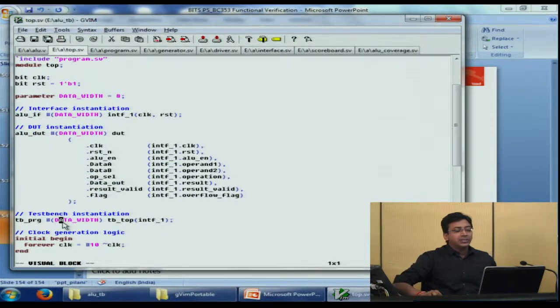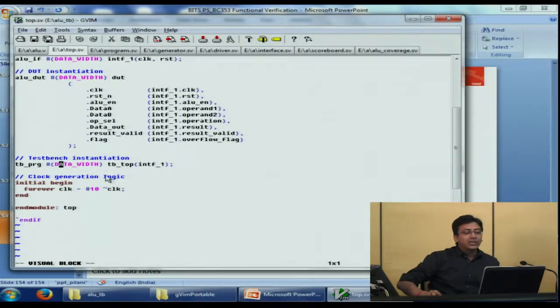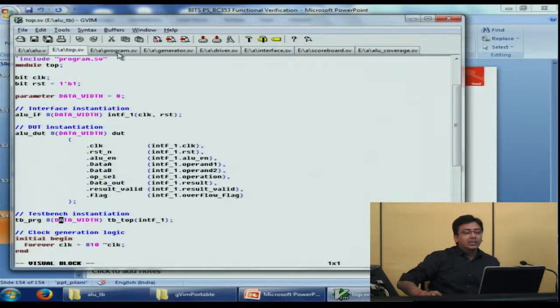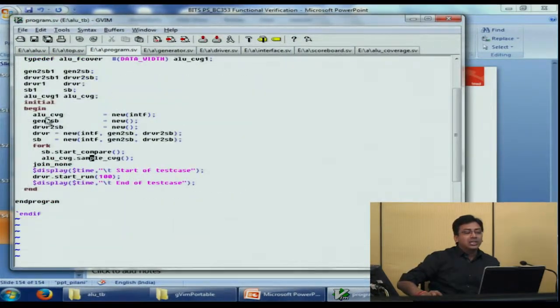Just these 3 components need to be instantiated because the TB in itself will instantiate all the internal components, and we have provided the clock here. Inside the TB top we have seen that we instantiate the internal components of the test bench, like the ALU coverage class, the 2 mailboxes that we need, the driver class, scoreboard class.